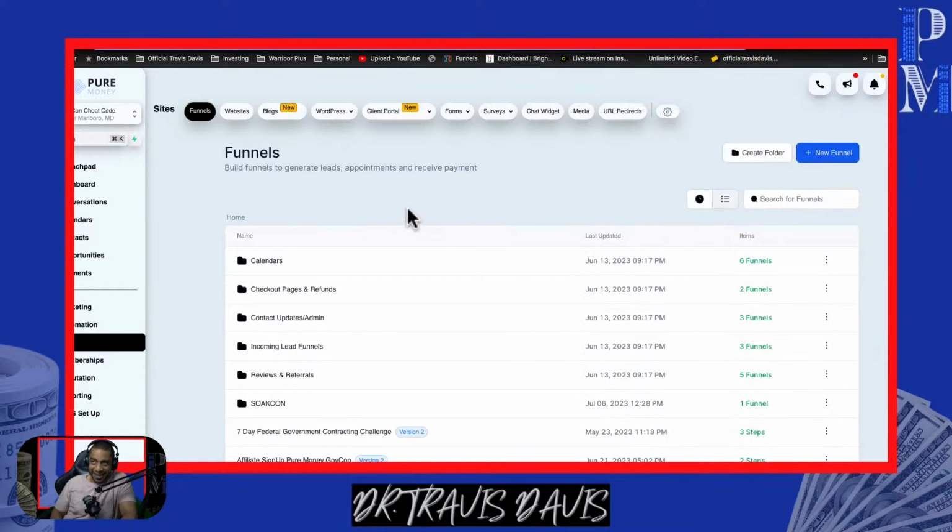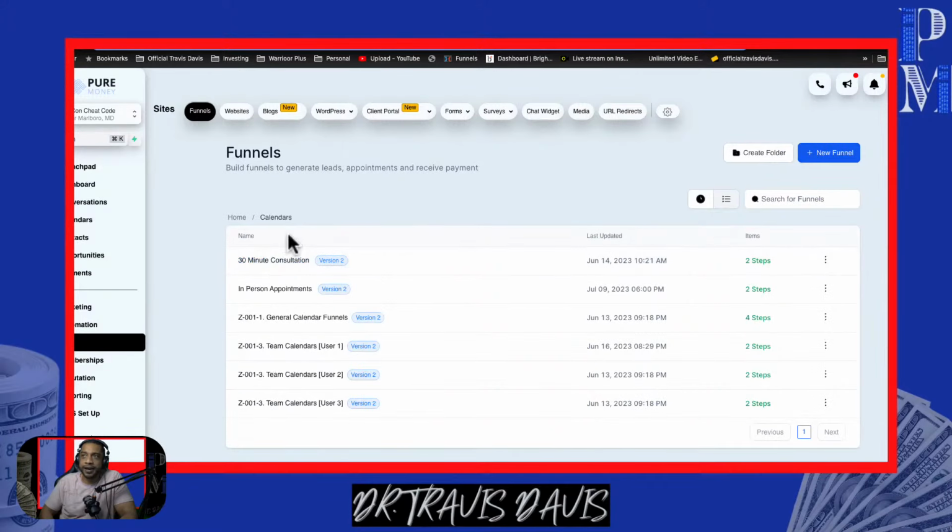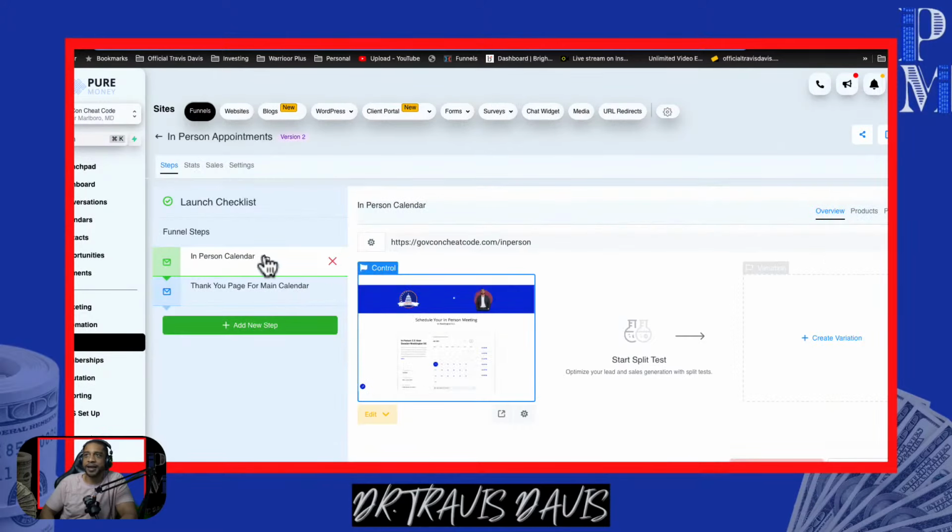Well, part of it is a calendar. So if you guys are paying for Calendly or any of those other calendar tools to book appointments and whatnot, you could throw that away. You don't got to pay that bill no more. And the beauty about this, we're going to have the calendar in one location and the website all in one location. So the first thing that I needed was a calendar. Now, granted, we got tons and tons of calendars here that we've already created if you get that 350 package. So I just copied my general calendar funnel right here, and then I created this calendar.